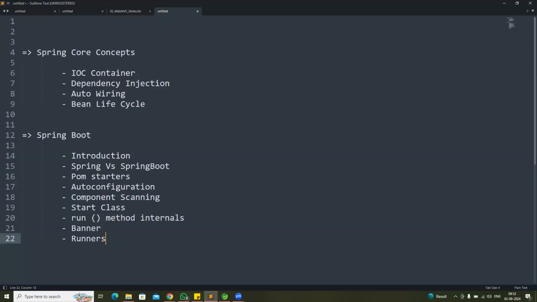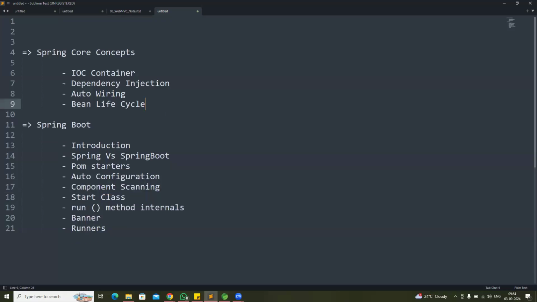Like web starter available, JPA starter available, mail starter is available, thymeleaf starter is available, actuator starter is available. Like this, there are several POM starters available in the Spring Boot. Based on those POM starters only, Boot is providing auto configuration for our application. And the next one, when we run the Boot application, it will perform component scanning and it will identify Spring